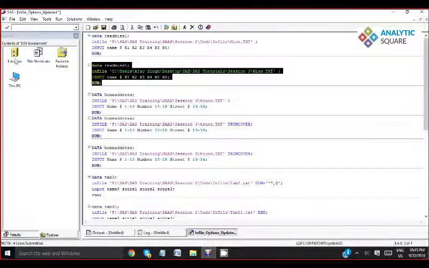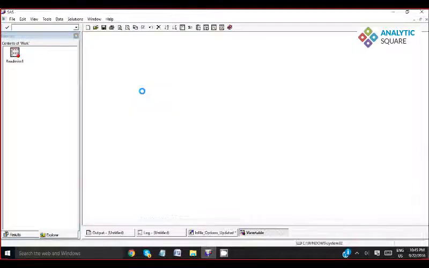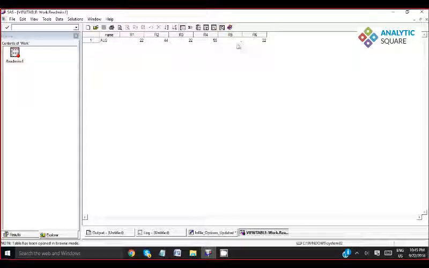You can also check in your dataset. Here you can see that because it encountered a character value for R5, it shows you a missing value, and in R6 it has taken the value.